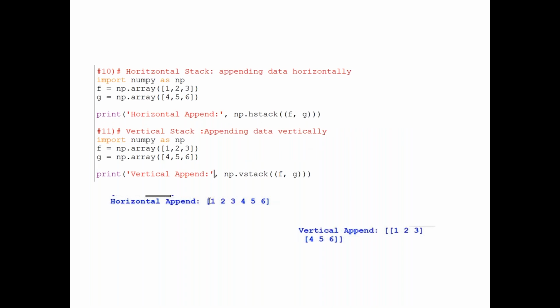Now horizontal stack. Horizontal stack means everything converting into single, putting data horizontally. So for example, I have one array 1, 2, 3 and a second array 4, 5, 6. So horizontally it is going to append the data. So 1, 2, 3 and thereafter 4, 5, 6. Now vertical stack. Vertical stack means the system is going to assign the data vertically. So you can see column wise. So 1, 2, 3, the list is closed, and again 4, 5, 6, another list is closed. So the first one is one row, the second vertical append is the second row, 2 rows, 2 by 3.